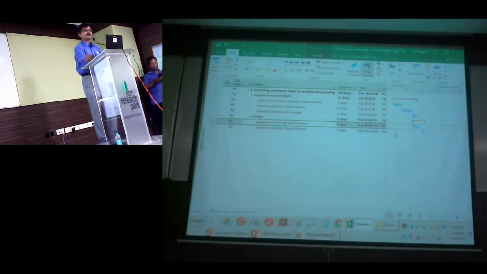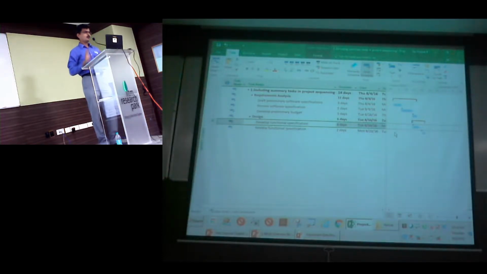Sometimes you might be looking at a plan where you might forget this simple step. That's where you can program the project so that when you try to set links at a summary level, it will say, don't do it. How good it will be, right? So that can be done by what we call macros. Have you used macros before, anyone? Yes. In Excel, Word, PowerPoint, every office product will have macros.